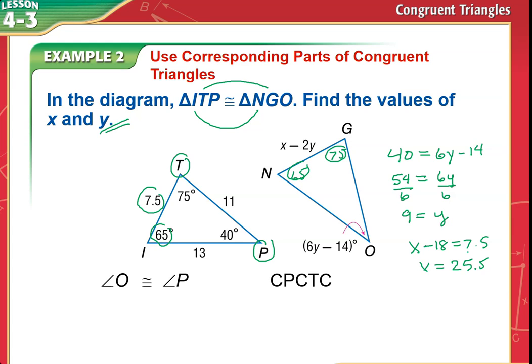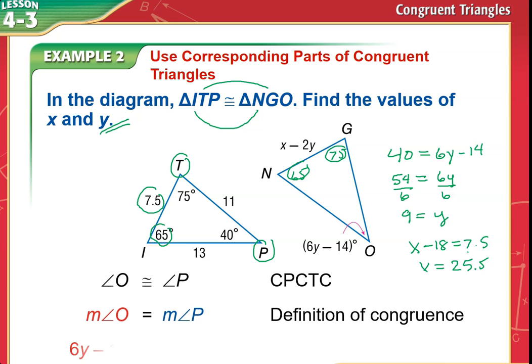We have angle O is congruent to angle P. And the reason is corresponding parts of congruent triangles are congruent, abbreviated CPCTC. And so we have those two equal to each other, definition of congruence. And then substitution. So they're showing you almost like a proof rather than just showing the math like I did. And then